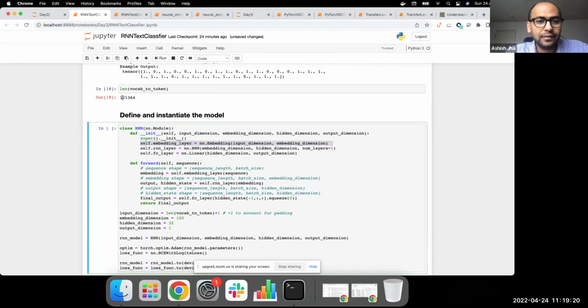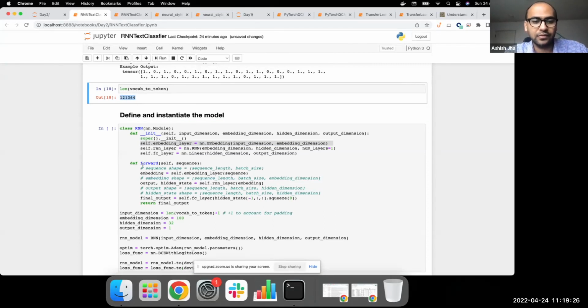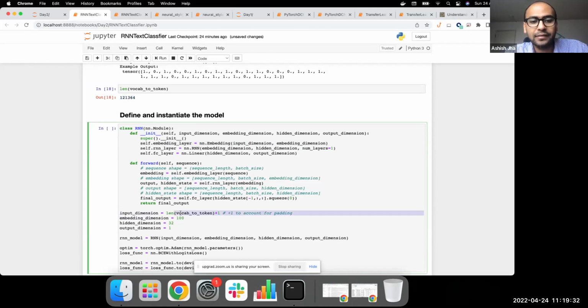The embedding layer takes all of these blown up 121,000 different dimensions from the one hot encoding, which is the input dimension, as you will see here, and compresses this into 100 dimensions. In our case, we choose the embedding to be 100. So it compresses the entire representation into a 100 dimensional representation, which we call our embedding.